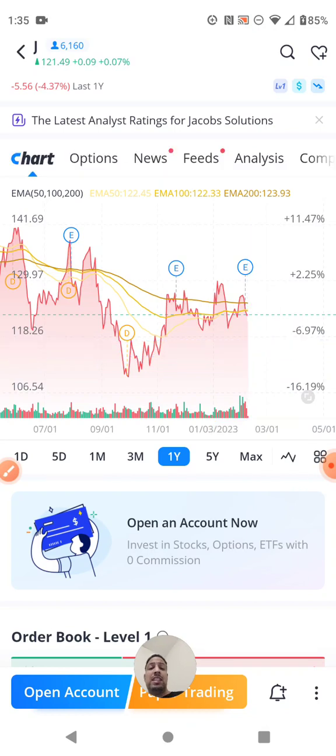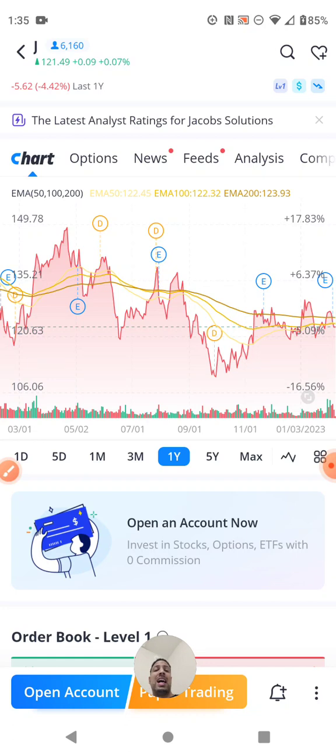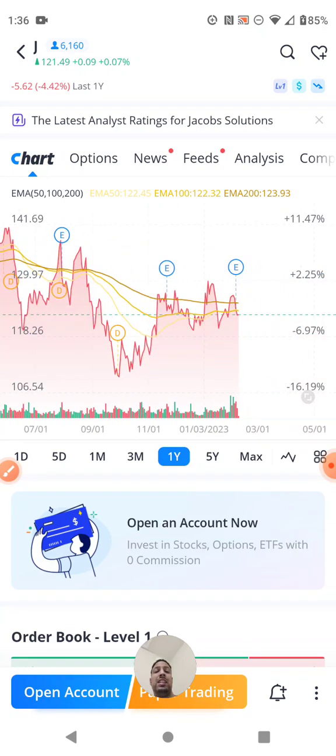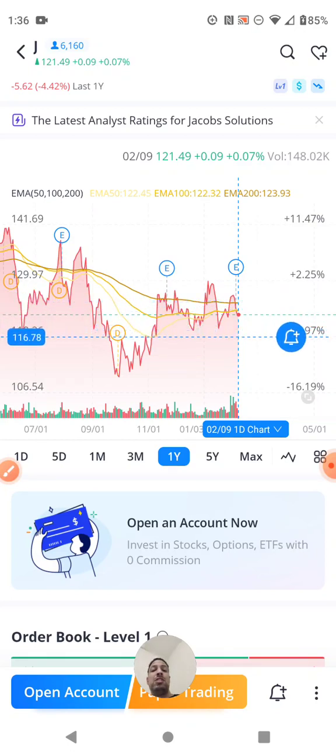And if you look here, it looks like they recently reported earnings. So overall, for this stock, it seems pretty flat. It still needs further confirmation for a trend. So again, it looks like it's flat here between that. And if it drops at least under 117, that's a nice opportunity